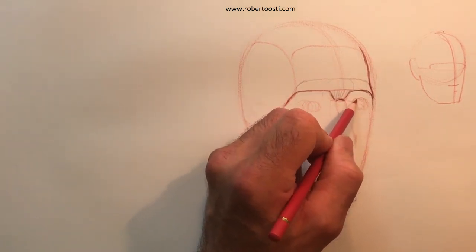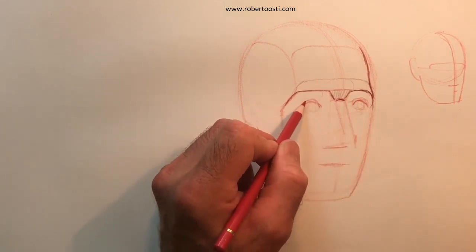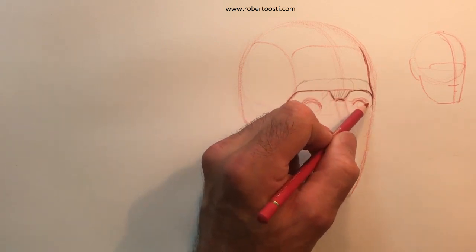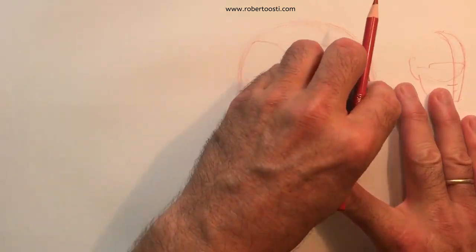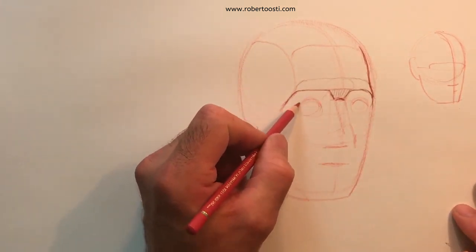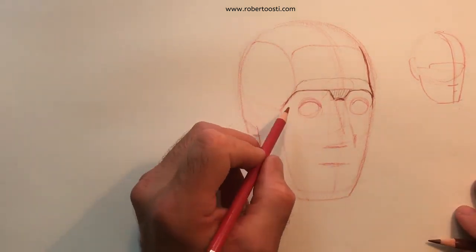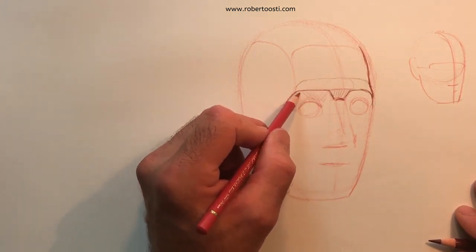So here I'm going to block in the eyes, right? 1 and 2 here, right? And so I'm going to draw a little bit of a bigger ball because then I want to put in, I want to keep it spherical, I want to keep it simple, right? So like draw the sphere of the eyeball more or less, and around it I'm going to draw the eyelids, right? Change of plane in here, right? So this is going to be a change of plane,